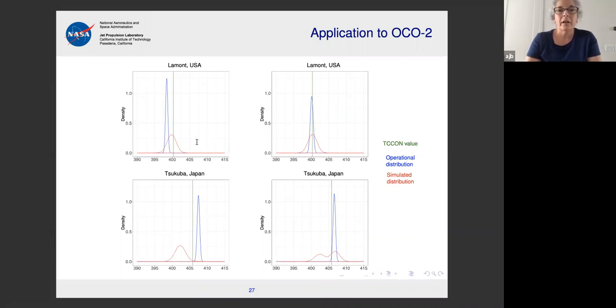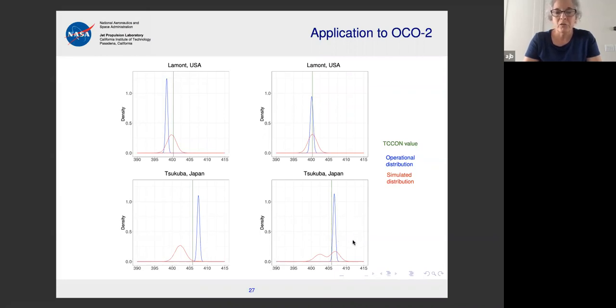There are a lot of cases where you get this sort of thing, where the operational distribution is way too narrow, and because it's way too narrow, even if it's just off a little bit, it's still not a good statistical description. The green line does not appear in the central portion of the blue. It does appear in the central portion of the red. There are also a lot of cases where everybody does well, everybody gets an A. There are some cases where nobody does well, everybody gets an F, like this one.